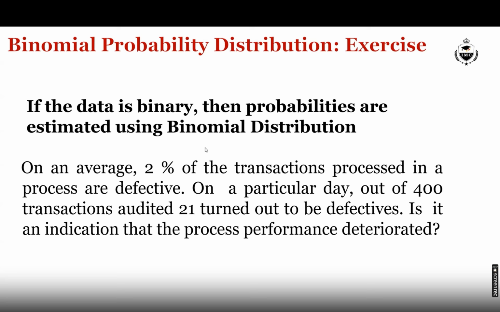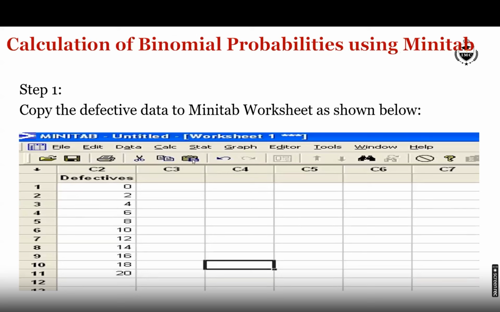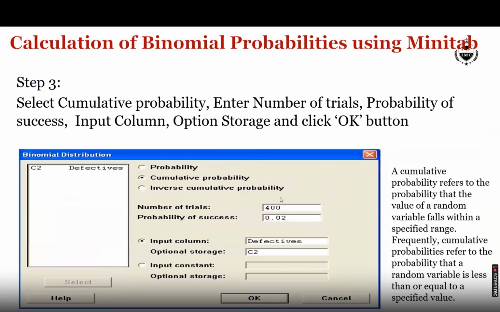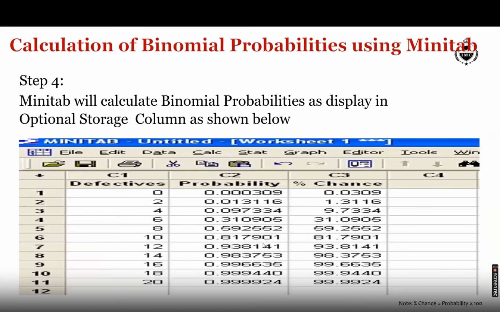But for this, we need to have the data. So we enter the data in Minitab as shown. This is the data which is given by the organization. Then we select the calculation menu, probability distributions, and binomial probability. After we get binomial probability, we enter the number of trials, and the event probability, which is the average probability of defectives, 2%, so 0.02. For input column from the left, we select C2 defectives, double click, and for optional storage, where to store the probability, C2. After clicking OK, we get these probability figures over here.